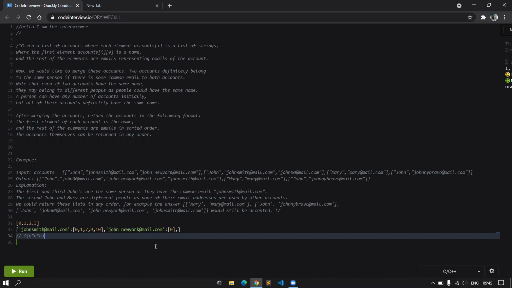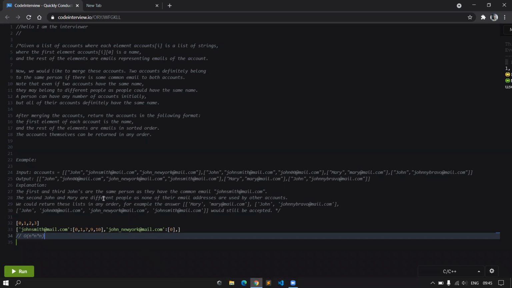Okay, so using graphs, how do we decide? If you're going to use a graph, first of all, what is the graph going to look like? Sure.